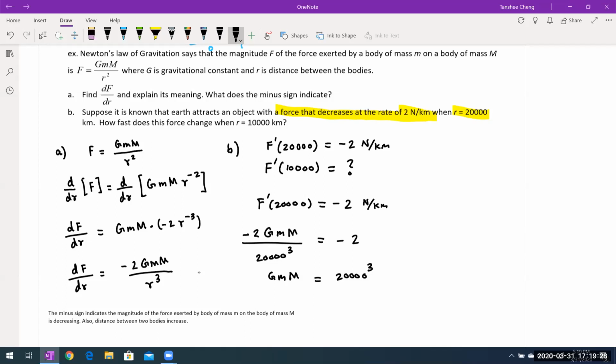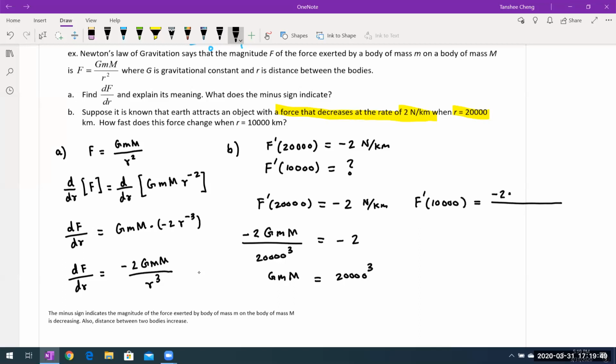Now that we know this value, I can find out what is the f prime of 10,000 kilometers. What is the rate of change? How fast is the force changing at 10,000 kilometers? So that's basically negative 2,